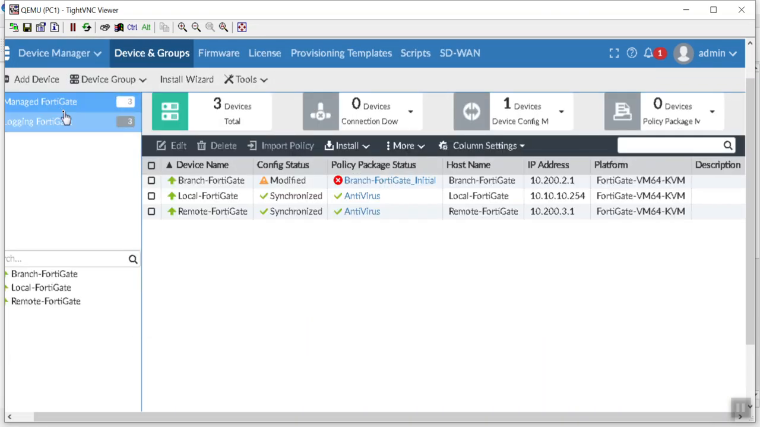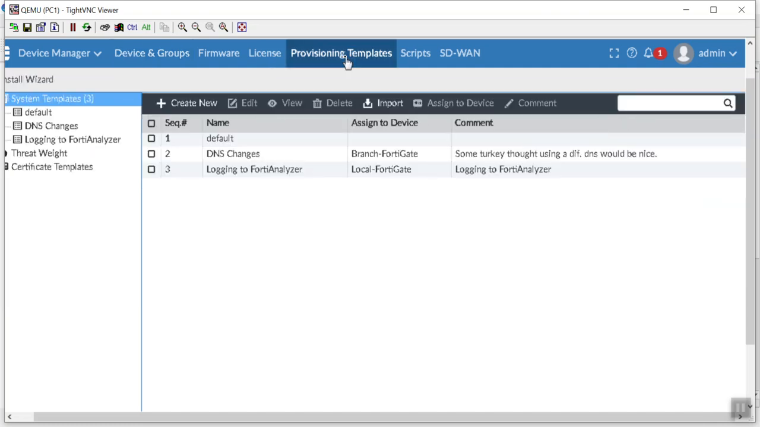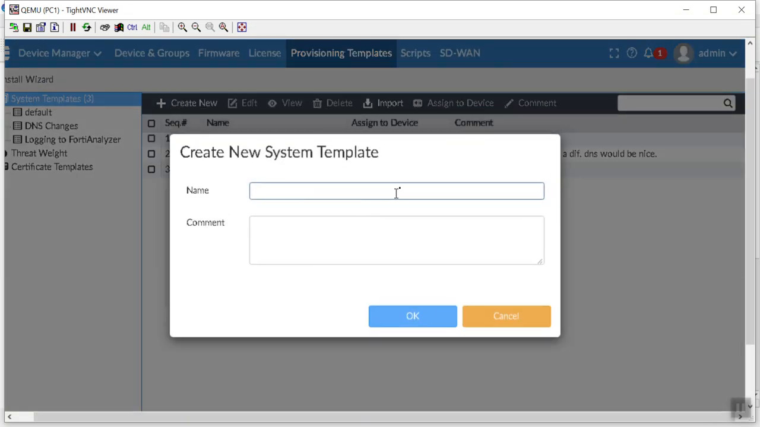I'm going to have, see how it says out of sync, and that's because we were poking around on the interface names and things like that. So that's okay. We're going to fix that here in just a moment. But here though, I am going to make a provisioning template, all right, that we might be able to use in the future. So I'm going to say something like